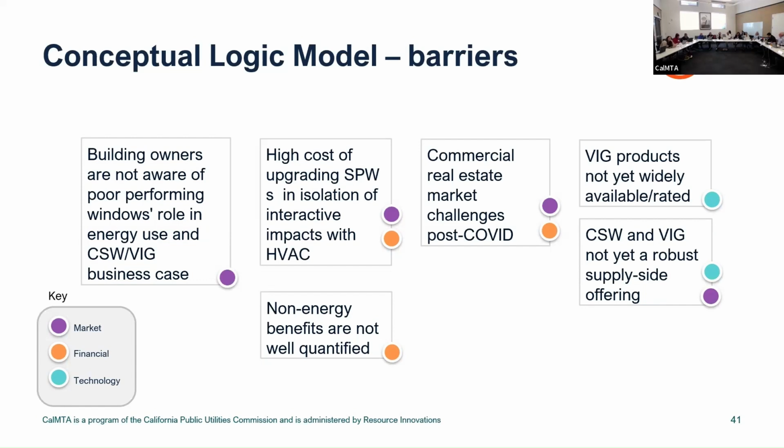Yeah, that's a good point. What's the barrier we have to get over? Early on in some of the field work we did with secondary glazing in the Northwest, it was: what is the value of the building? How much does my commercial real estate value increase if I were selling this building today? It turned out one of the participants in the pilot did sell their building shortly after it went in, and that was probably one of the drivers for addressing the envelope in the first place. But evaluating the impact on commercial real estate value of addressing or not addressing the envelope before it goes on is the challenge.